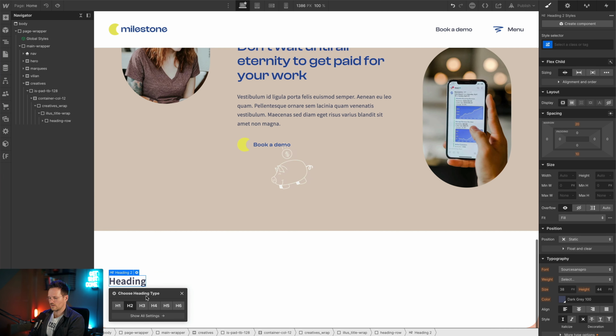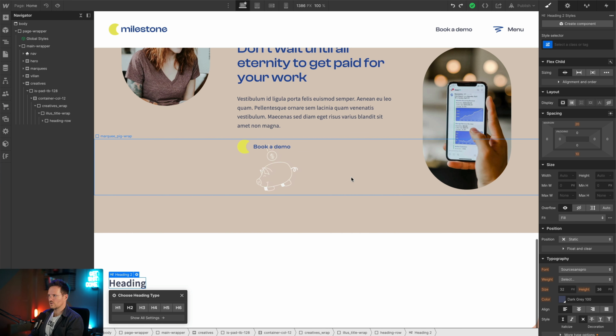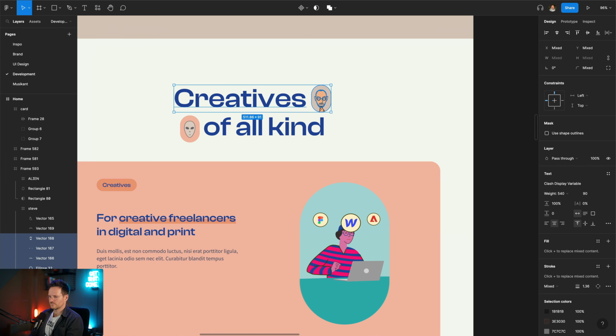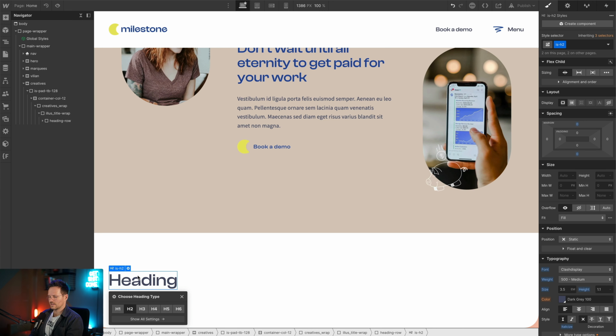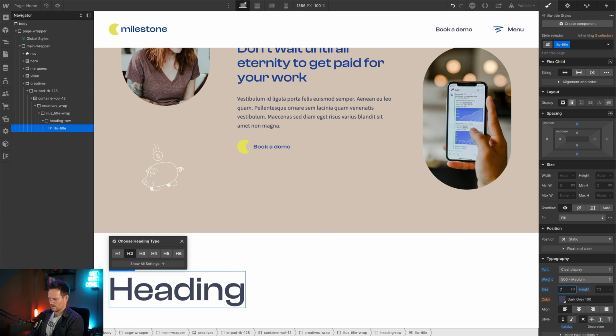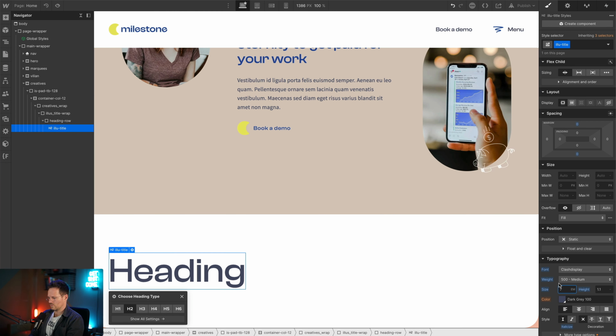We are using an H2 for that. So it is an H2, but the H2 style won't match here. If you have a look at the design, it's way larger, the font here. And that's why I'm copying that class, and I give it its own class. And let's try something like 7 or maybe even 8,